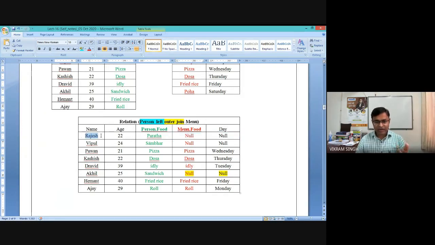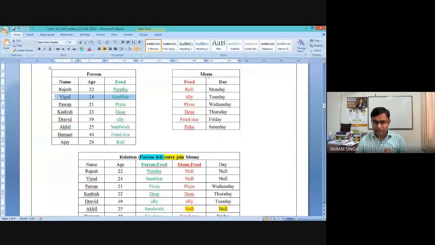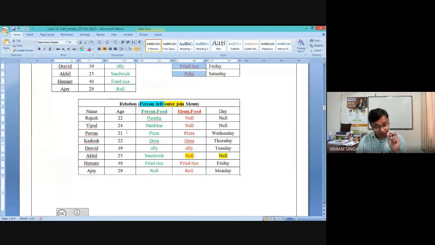But there is no equivalent match in the menu table, so we need to say null, right? Similarly for the second tuple, Vipul 24 Sambar: in the menu table there is no match, but we need to maintain the left side relation's tuple. So that's why it is Vipul 24 Sambar null, right? But for Pawan it is matching.